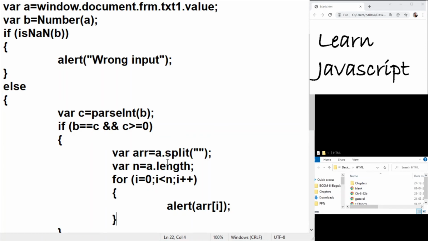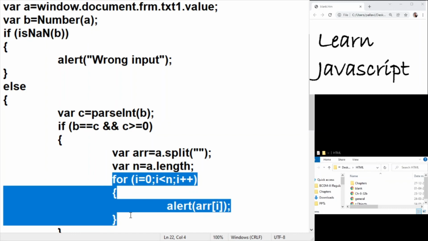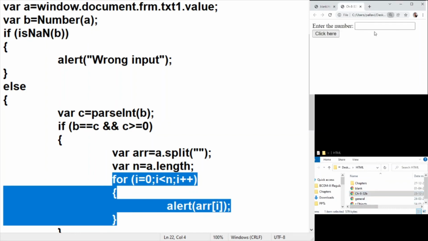That's as simple as that, because a as a string has been split into individual characters and stored in the arr variable. You can use whatever name. So that is how it would happen. And then for each of the elements, I'm going to run this for loop and extract the ith index position value.